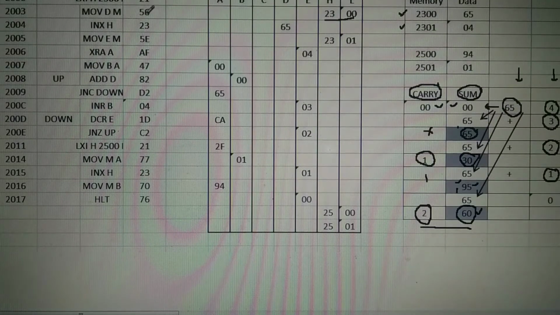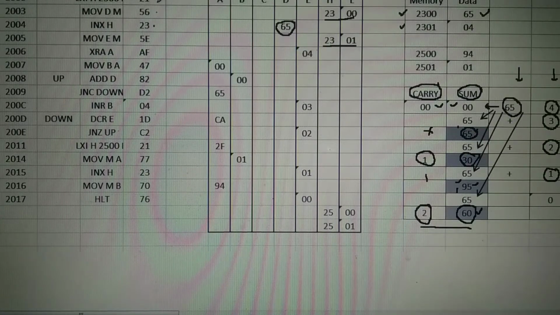Take the number from memory to register D. This number is taken to register D. Next, INX H, HL gets incremented by 1. It becomes 2301. Take the number from memory to E. The number 04 is taken to register E.